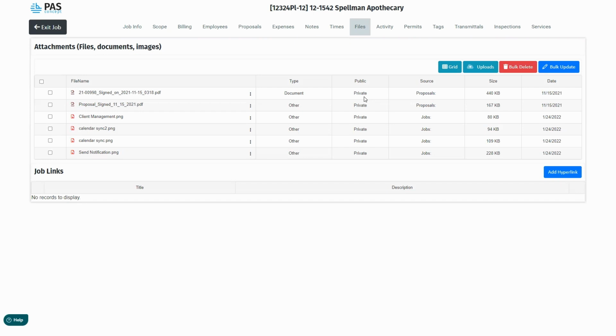But if you do already have a digital document repository, such as a Dropbox or a Google Drive, and you have links to different documents, you can add those links here by adding a hyperlink. This will give you the ability to add the description and, of course, the link itself, making this area easily accessible.